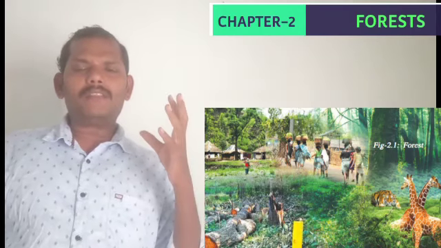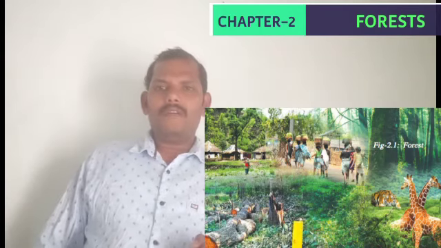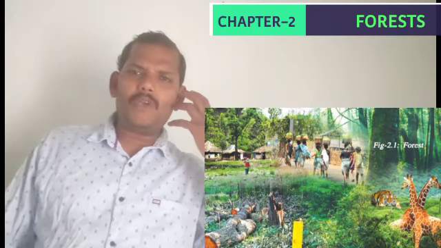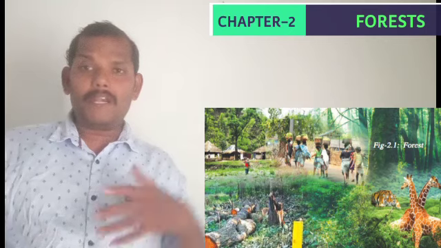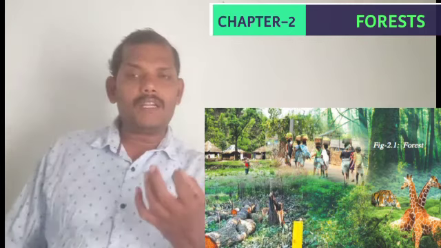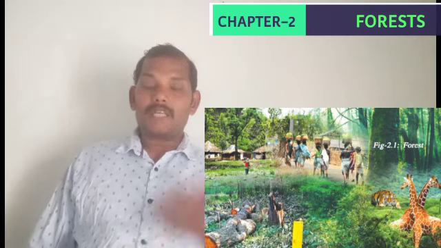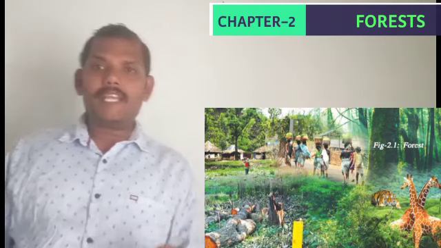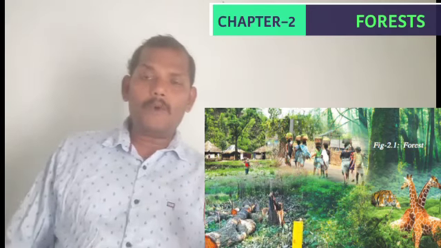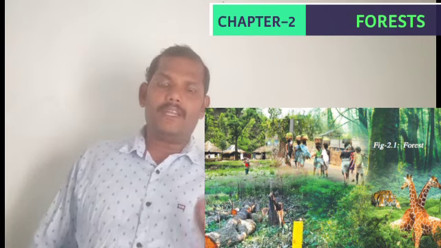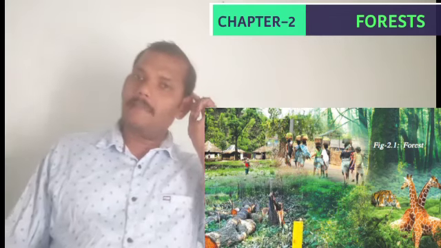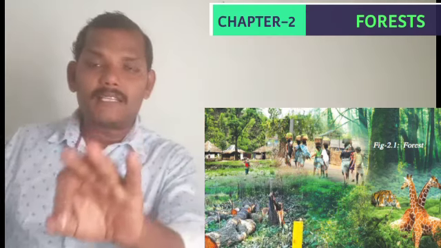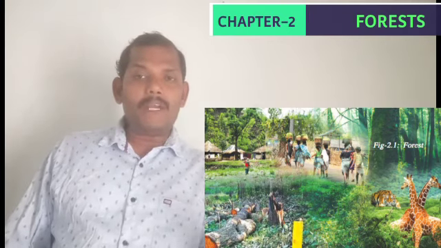Generally, people think in their minds, if anybody says forest, immediately we think of fear. Why? Because it is full of different wild animals. Somebody lives in the forest area. The forests are full of life, and so many people, like the tribals we learned about in the last classes, live there. And somebody uses the forest as medicine. Somebody uses the forest to get